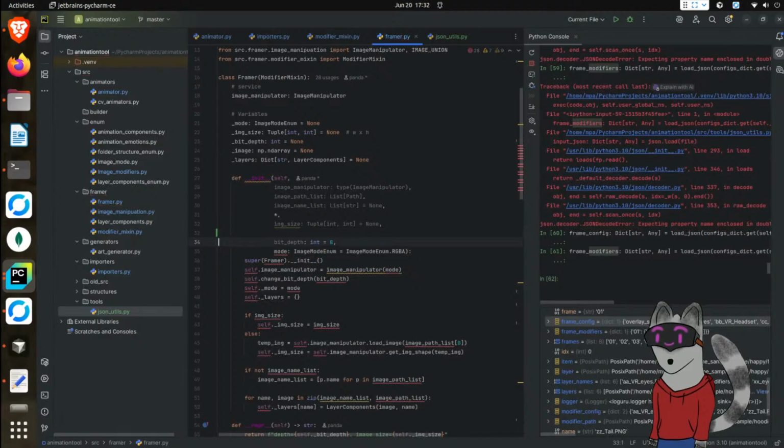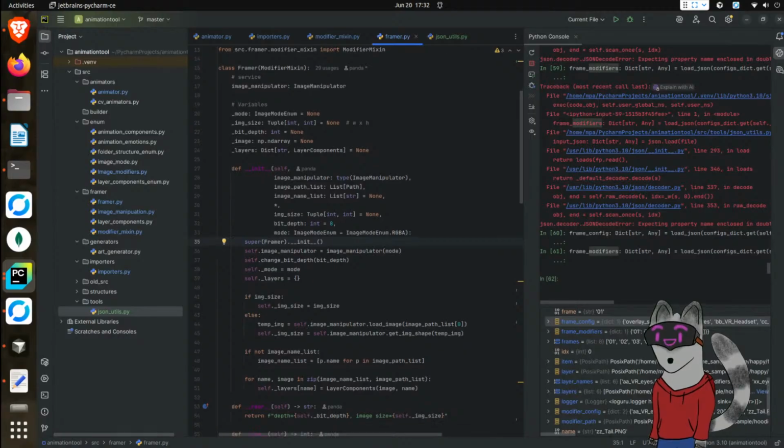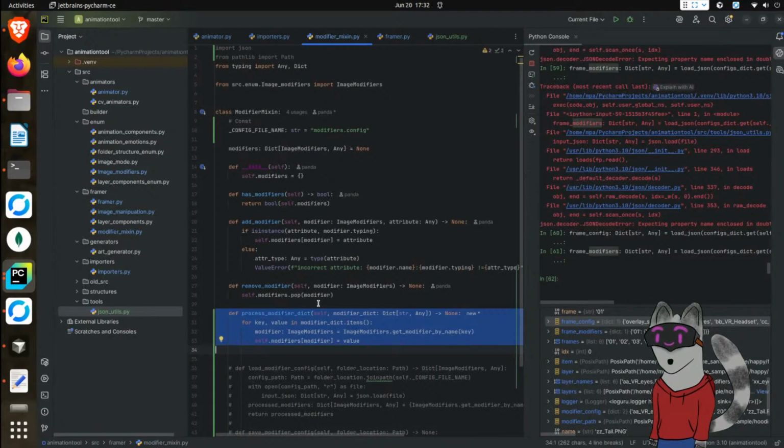But no, maybe not. Because we have two sets of modifiers, and I don't want to intertwine them. The whole purpose of putting the mix in right here is so that